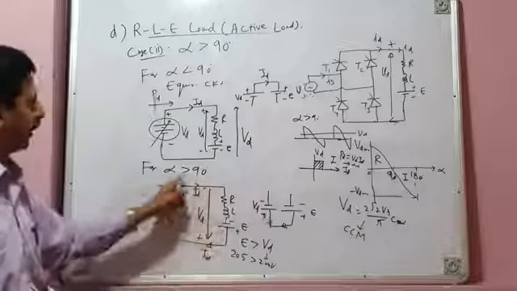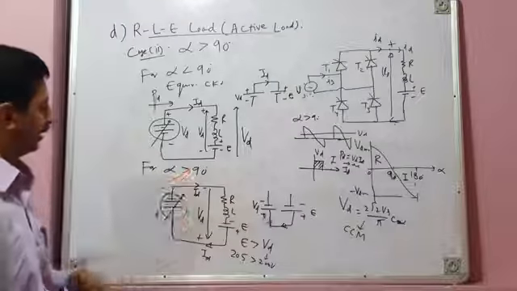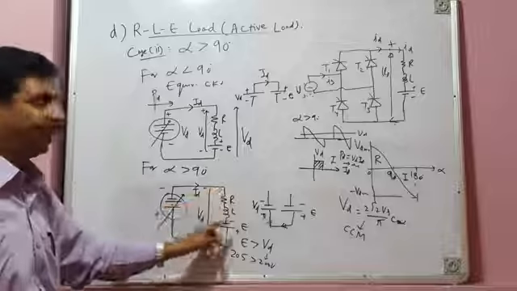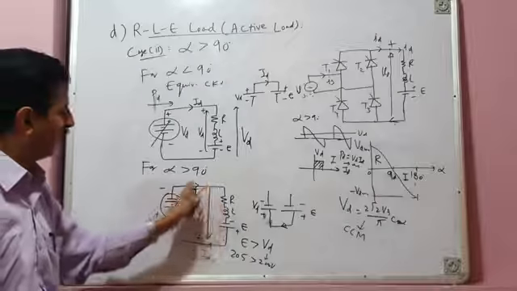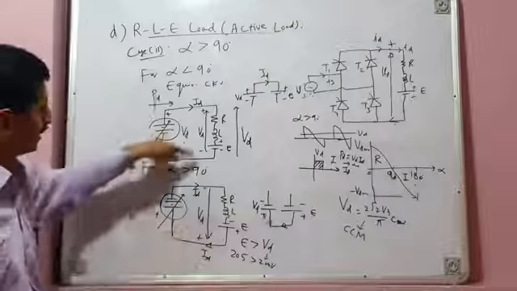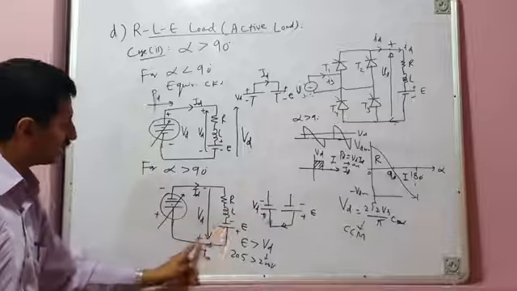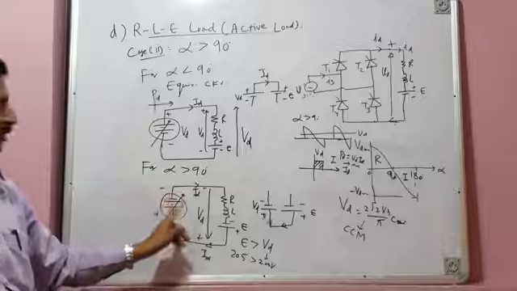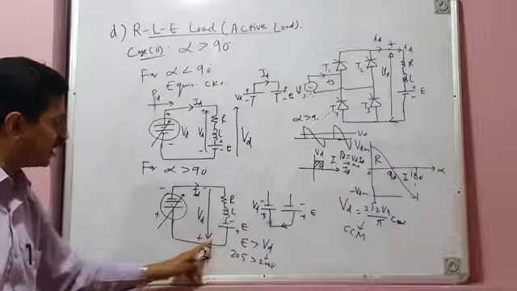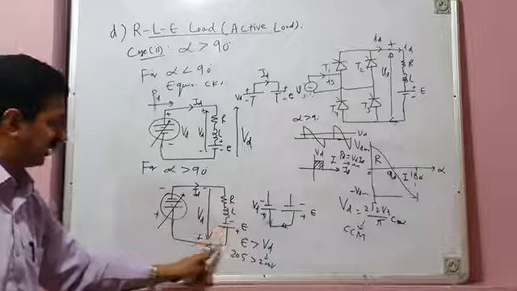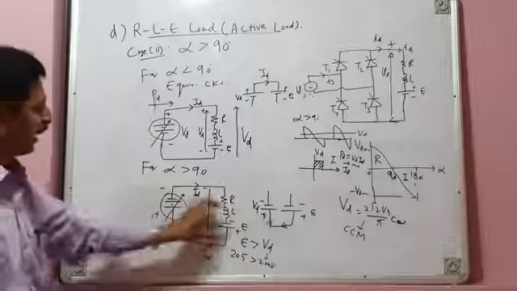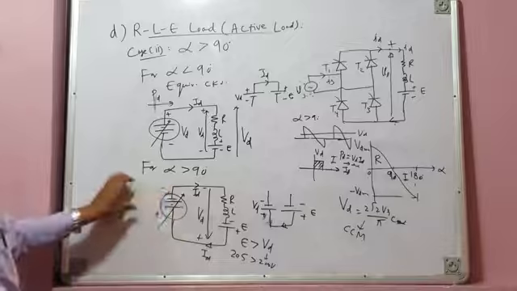Now in this case, for inversion mode of operation for alpha greater than 90 degrees, the average load voltage has reversed its polarity, and the load EMF has also reversed its polarity. And since the direction of current is the same as in the previous case, now you can see current is not injected from VD to E, it is injected from E to VD. Since current flows from DC side to AC side, it's injected from E to VD. So that means inversion mode of operation is occurring. That means your energy flows back to the source.